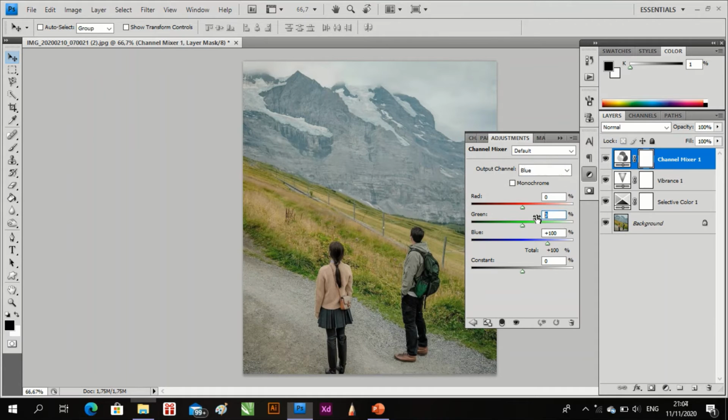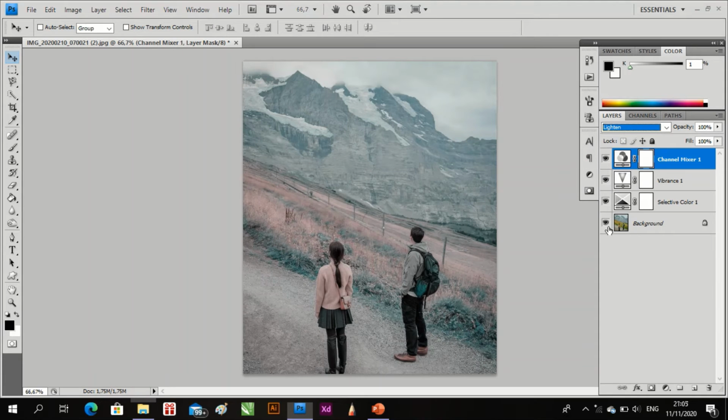Then in green, we write the number 100 and leave the rest 0. And after that, on the layers, we select lighten. Then we click on this again